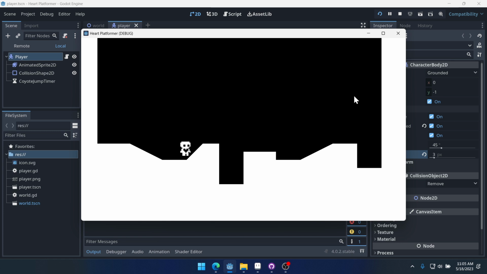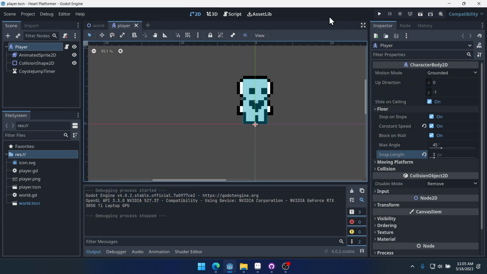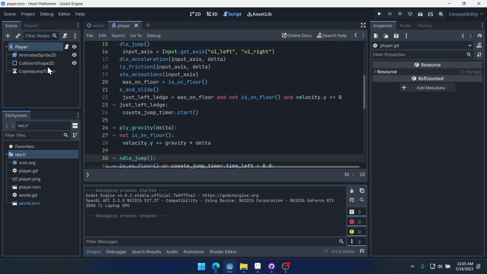And there, it looks like it is doing it now. The way I could tell before is because I could see the jump frame of the player for a split second at the top of that ledge. Okay. Now, another thing,